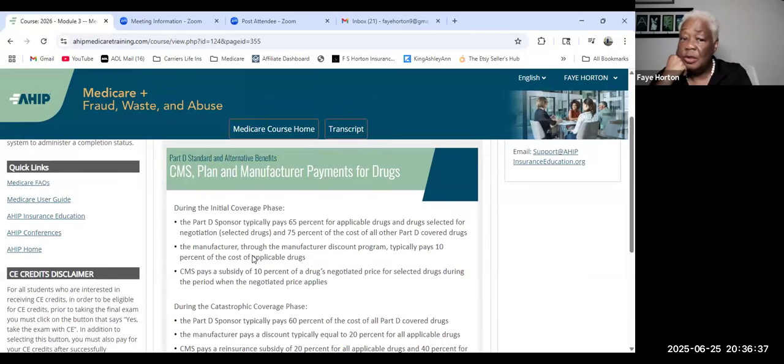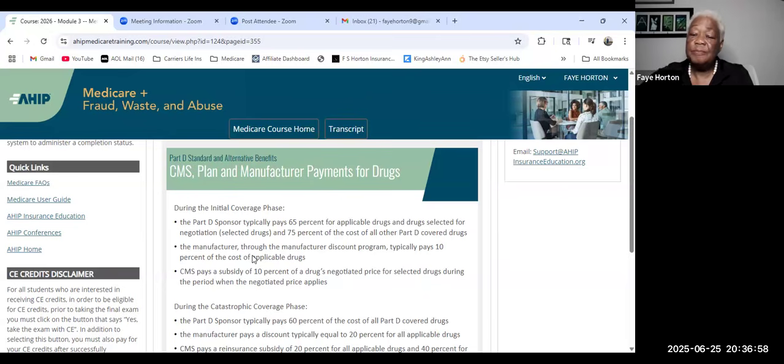The manufacturer, through the manufacturer discount program, typically pays 10% of the cost of applicable drugs. CMS pays a subsidy of 10% of the drug's negotiated price for selected drugs during the period when the negotiated